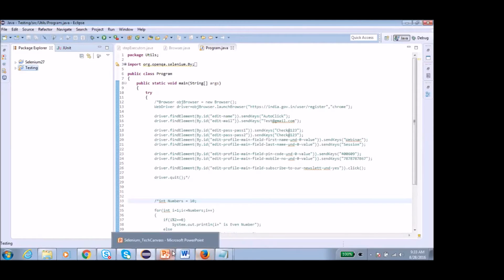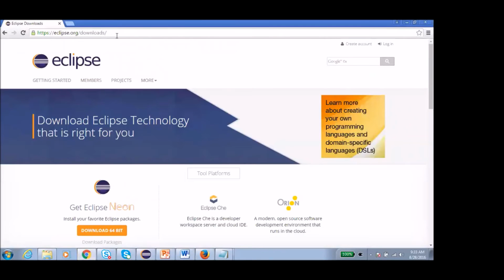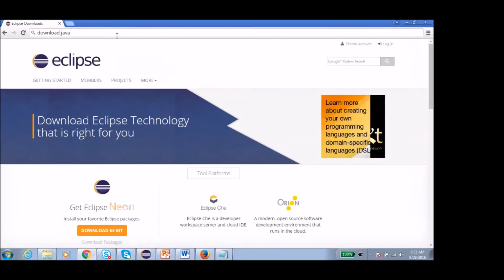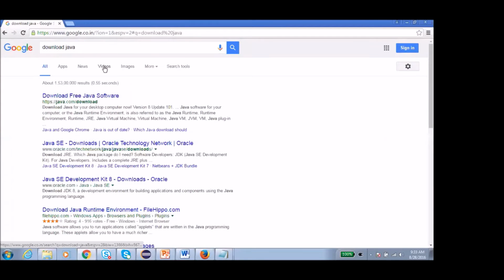The second part is Java. We have to download Java. So in a similar fashion, just download Java. Once we start the classes, we can see practically how we can download this in our lab. You will download all these things and we will support you wherever you are getting stuck. So just click on the first link, download free Java software. In my machine, it is already available.